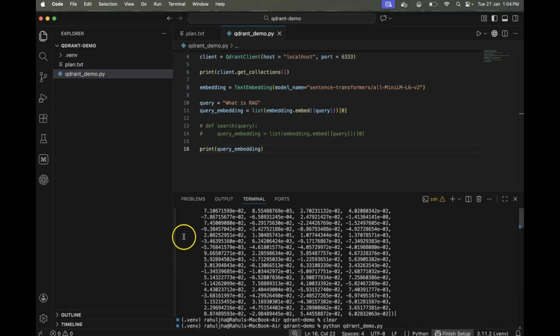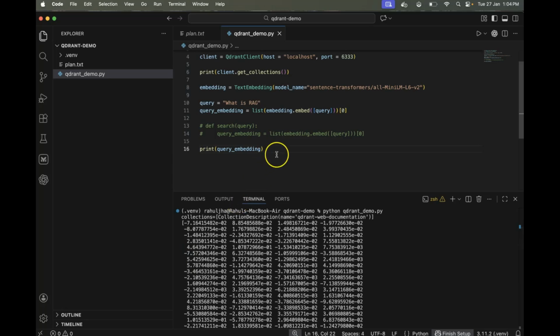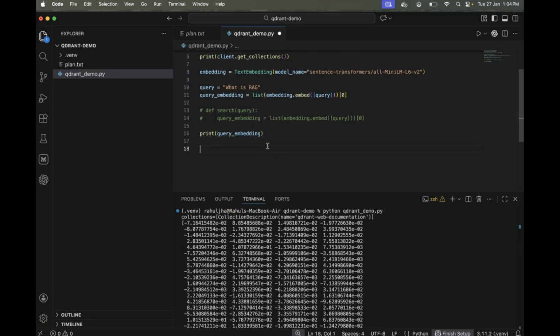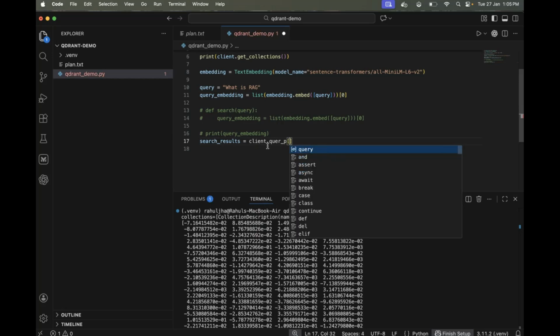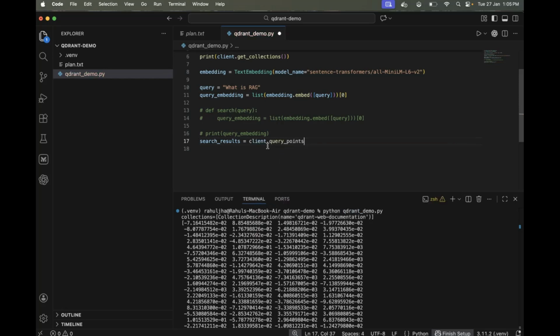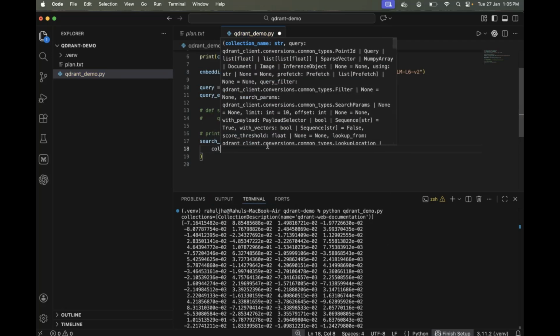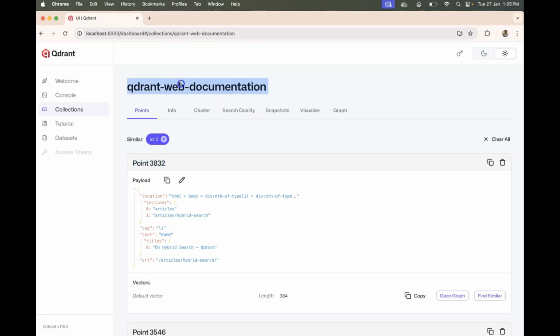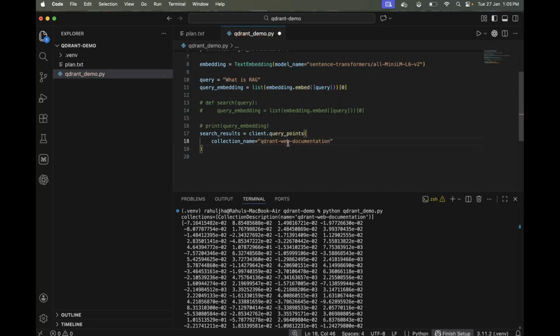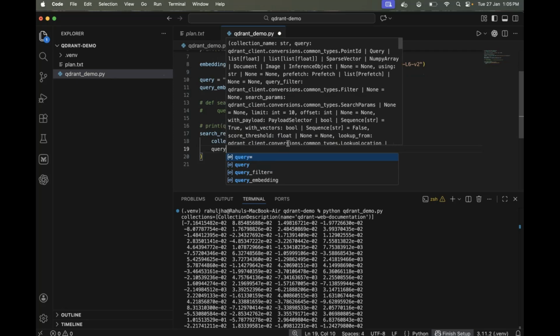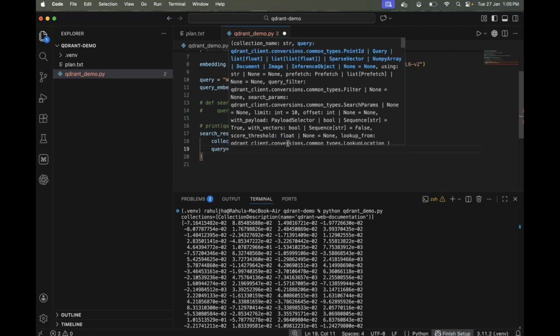So we can see we are getting the query embedding correctly. Now what we need to do is see how we get the results. So I can say something like search results equal to, I will call the query points function. This function will take the first argument as the collection name. The collection name would be Qdrant web documentation, and then I would like to pass the query, and the query could